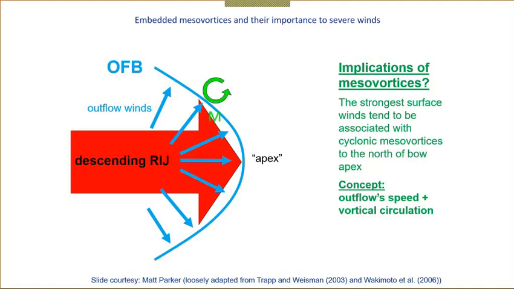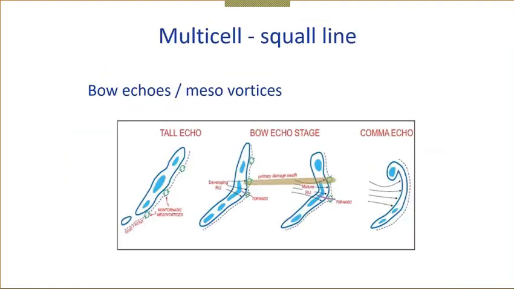Those mesovortices produce a lot of extra wind, and most of the time most of the damage when a squall line is passing by. It's in the literature already known for many, many years. And again, in the United States, a long time ago, they started to develop conceptual models based on this